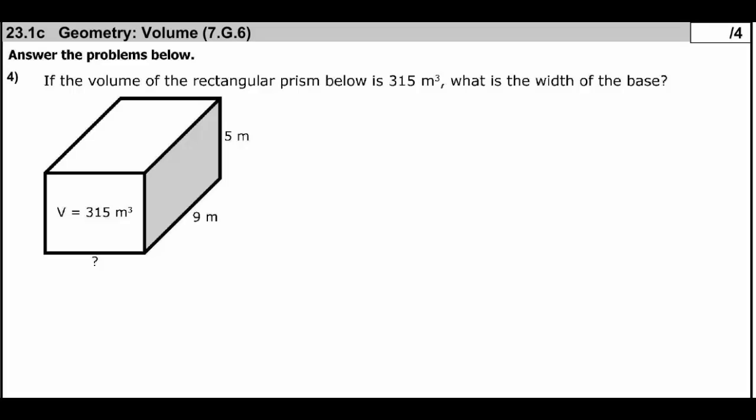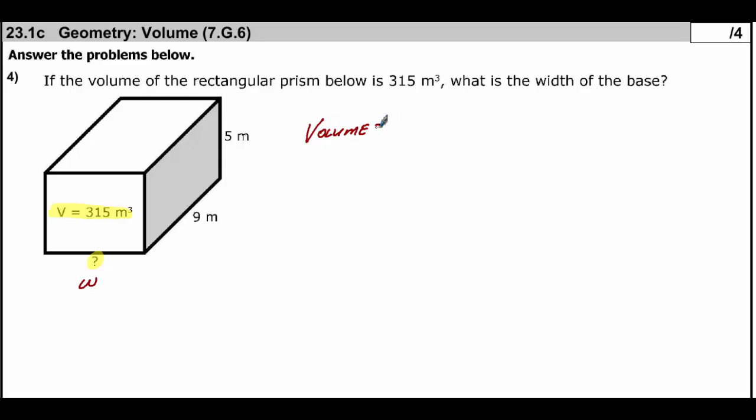In the case of this style problem, they give you the answer. They tell you what the volume is. There it is, 315 cubic meters. And they ask you to find a missing side. In this case, what you're finding is the width. So we know that volume